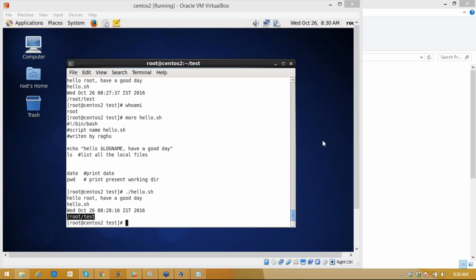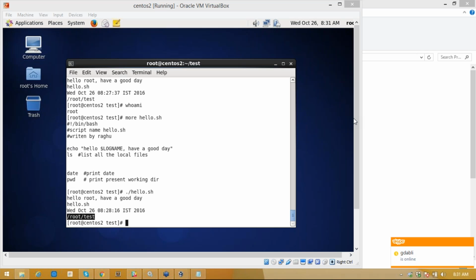In the same way, I give ./hello.sh and it says permission denied. It doesn't have execute permissions for anyone. Yeah, make it executable and execute it.